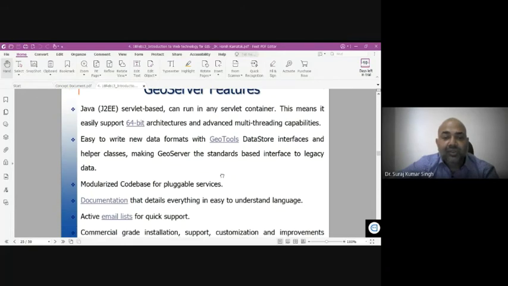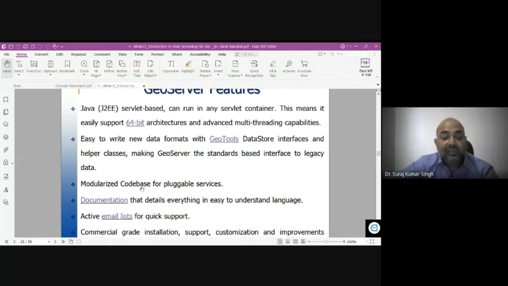What do GeoServer features do? It is Java Servlet based and can run in a server container. This means it easily supports 64-bit architecture and advanced multi-threading capabilities. It's easy to write new data formats with GeoTools data store interfaces and helper classes, making GeoServer the standard base interface to legacy data.